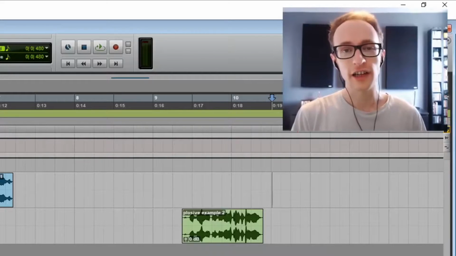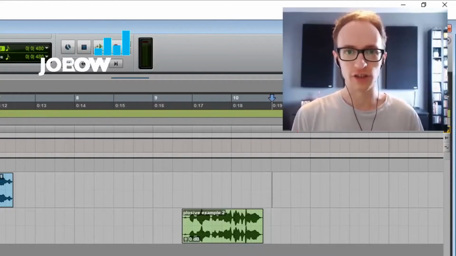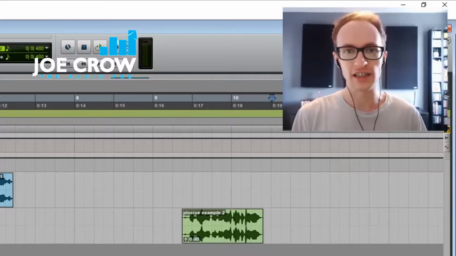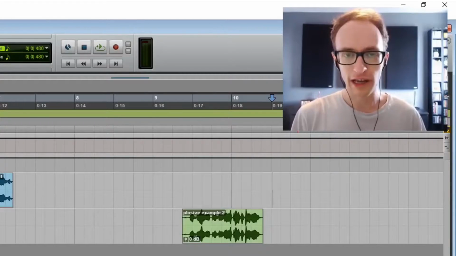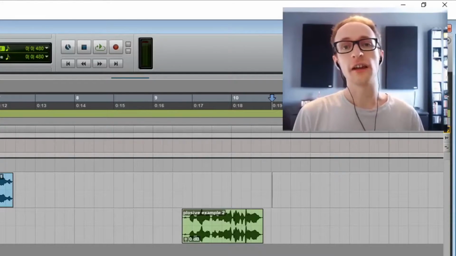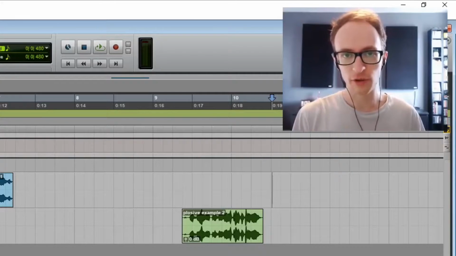In this video, you're going to learn how to fix plosives in your audio recordings. Plosives are those windy sounds that you get when you record p and b sounds. And we're going to learn how to fix those in whatever DAW you're using. So I'm going to show you how to fix them with just the stock tools that come with your digital